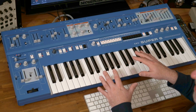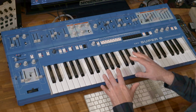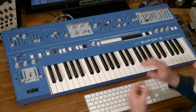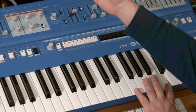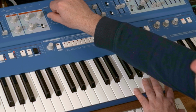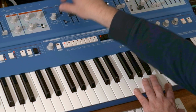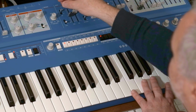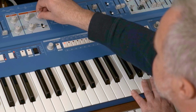So the pad I've got set up here is one of the digital waveforms. I've got the mixer only playing the first oscillator, which gives me the ability to flavour as I go. And with the second oscillator in here, I can sort of morph between the two. Now if I was being clever, I could probably set this up